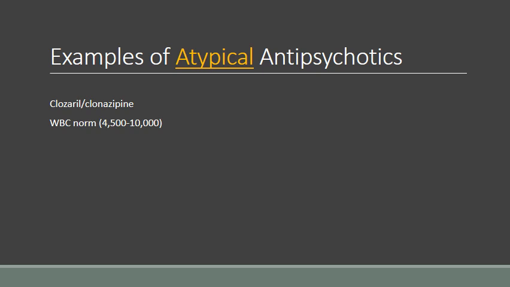So like I said, it's used as a last choice if they can't tolerate some of the prior side effects. Maybe they're having severe EPS on the other medications, or like I said, maybe they're treatment resistant, they're not responding to any of the other medications. So because of this possibility of agranulocytosis, or that decrease in WBCs, if a person is on this medication, we need to monitor the white blood cells